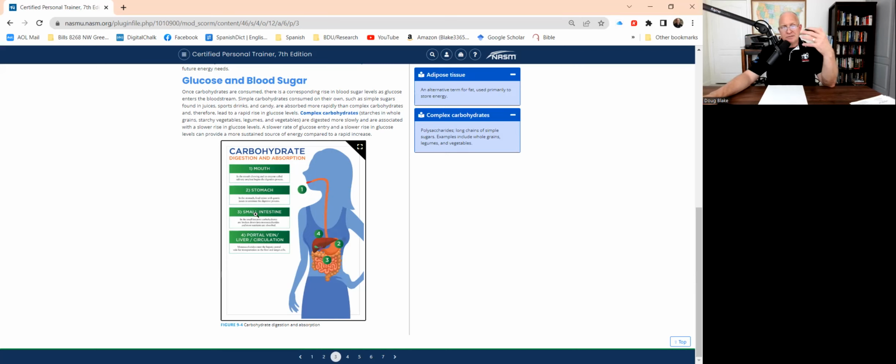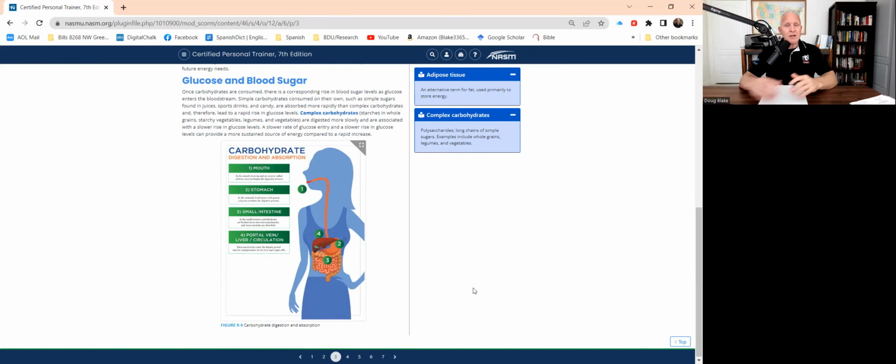But ultimately, the small intestines is going to allow for the movement of these smaller saccharides, polysaccharides, disaccharides into what's known as the hepatic portal. NASM just basically focuses on the portal vein, and that's going to take it to the liver. The liver does what it does. It's the main filtering organ in your body. So the portal vein, liver, circulation, and that's what happens with